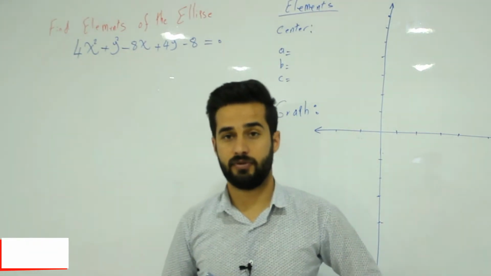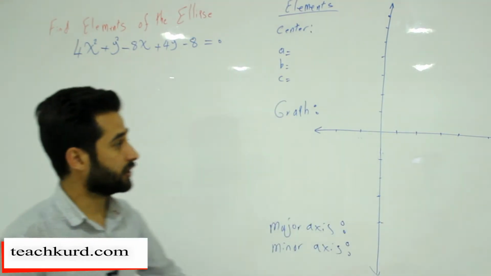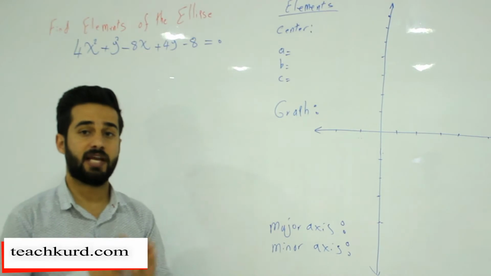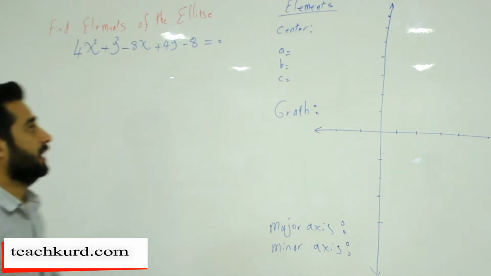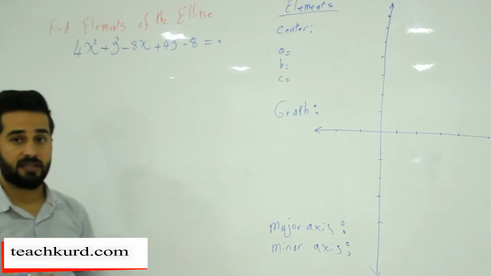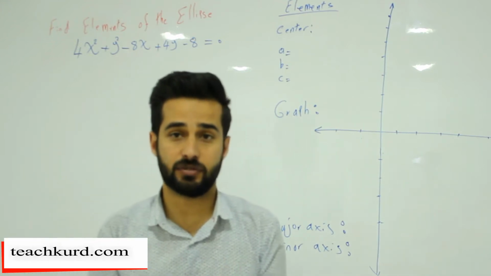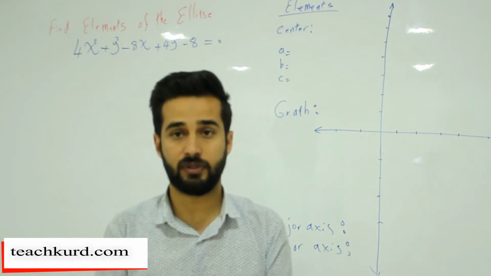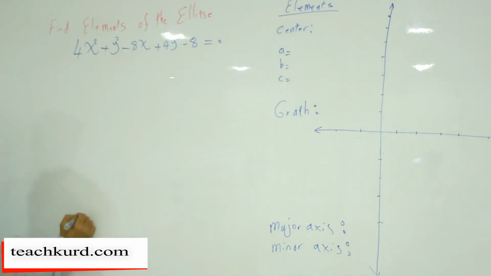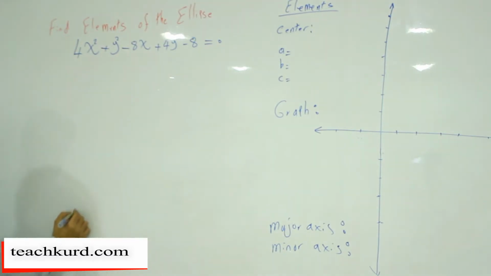In this example, we have an equation and it says find the elements of an ellipse. An ellipse must have a general rule. We have to change the example to this rule. First, we have to substitute this rule